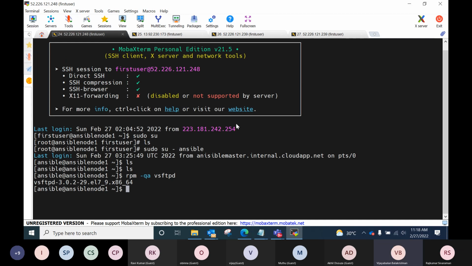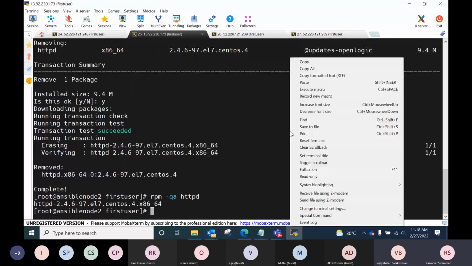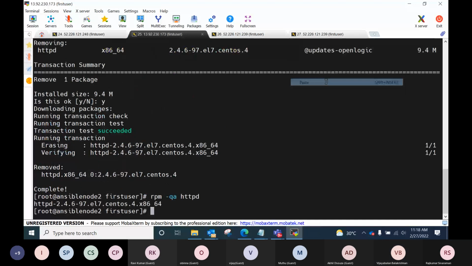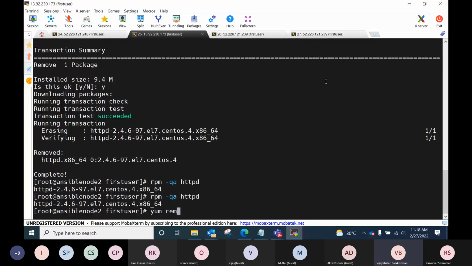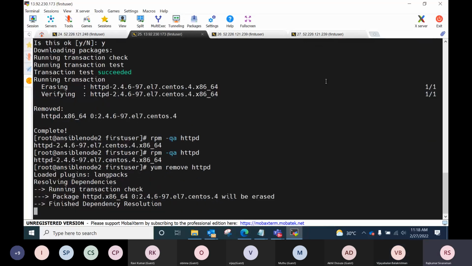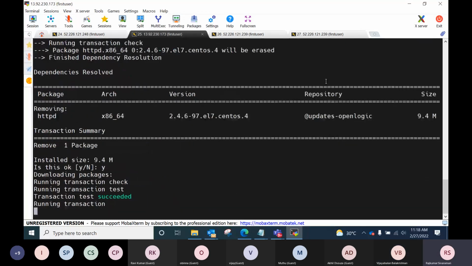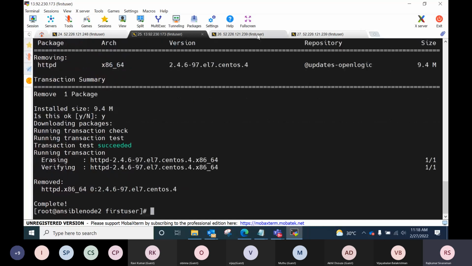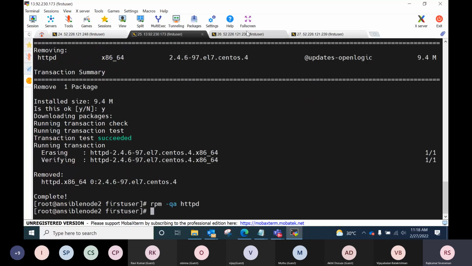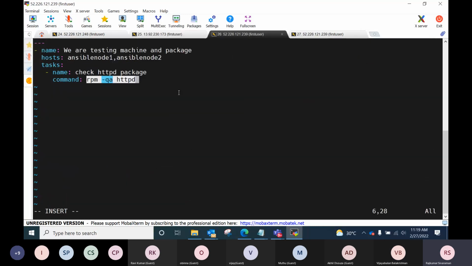So go back to the playbook. Yes. This command is checking this one, and for the other machine, you try the same command. You first remove this. I'm removing it on the second machine. So now we have 2 cases, one successful and one failure. I'm just validating whether it's removed. Yeah, it's removed. So after this command,